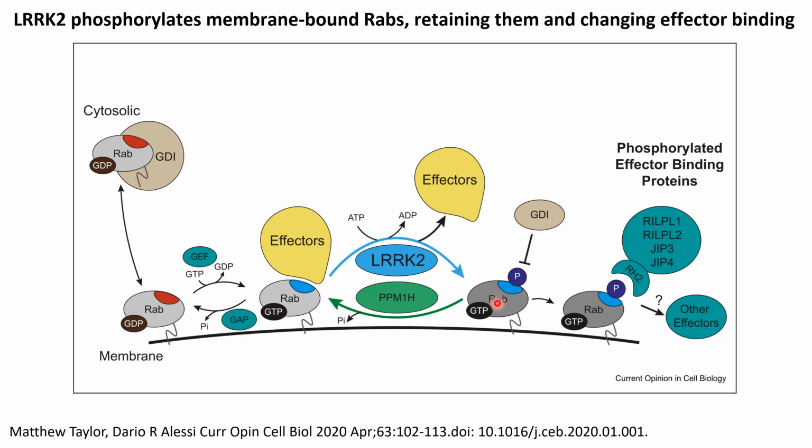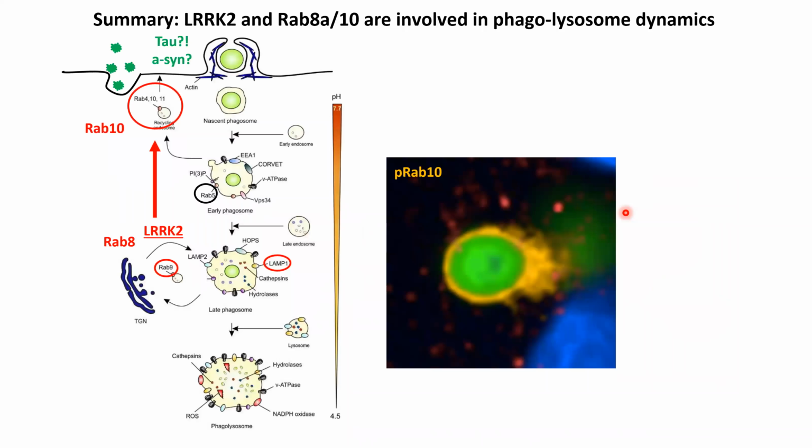And it does so in a position on the switch 2 loop that changes the RABs from being able to interact with one set of effectors to interacting with a different set of effectors instead. And these downstream effectors are something that we'd like to investigate further next, because we don't know